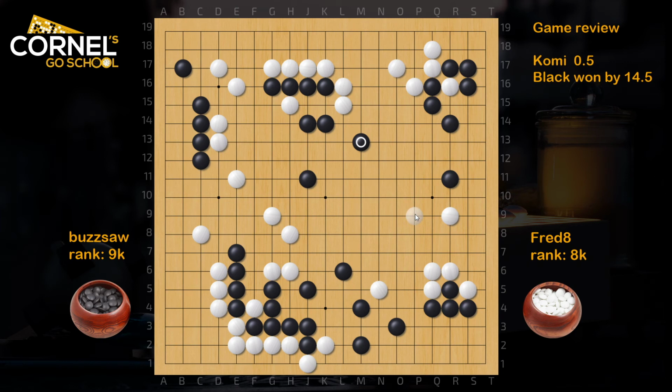Actually for white it's more important to protect the right side like this or attach and pull back. And overall, with the territory in the top and the one on the left, white should be slightly ahead. Second line move, it's not the case yet. Normally third line move, then reinforce the right side, and later on,